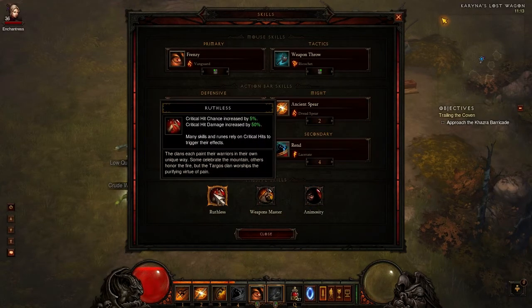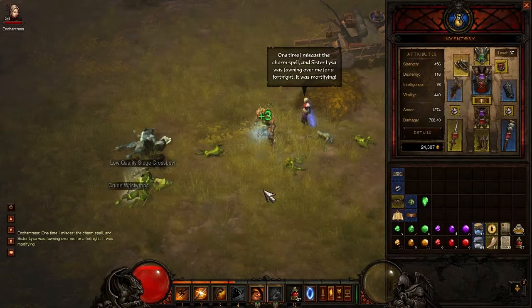Now, for passive skills, I use Ruthless, which gives me an additional 5% chance to score critical hits, and the critical hit damage is increased by 50%. Then I use Weapons Master, and because...